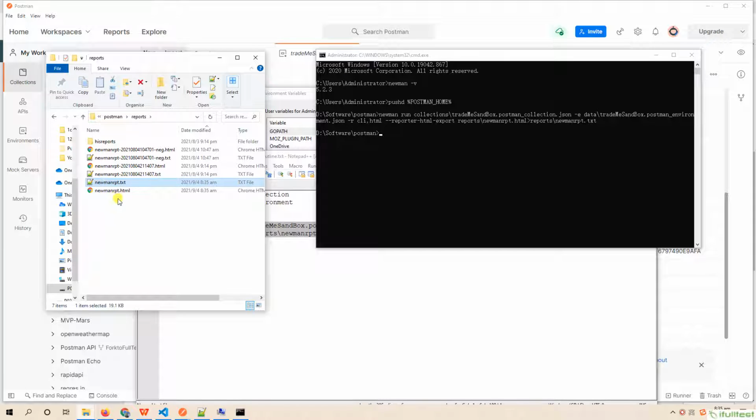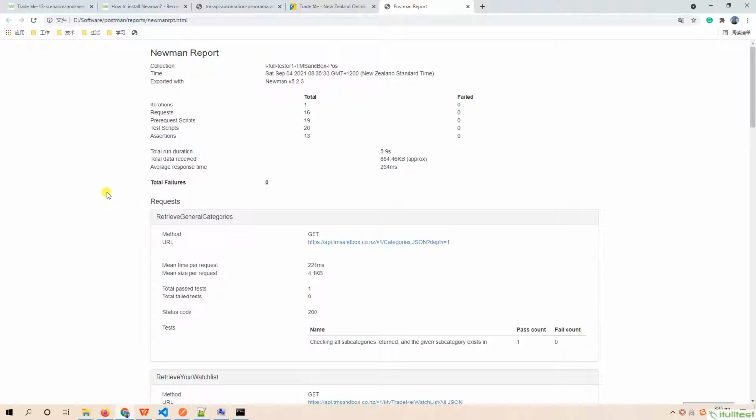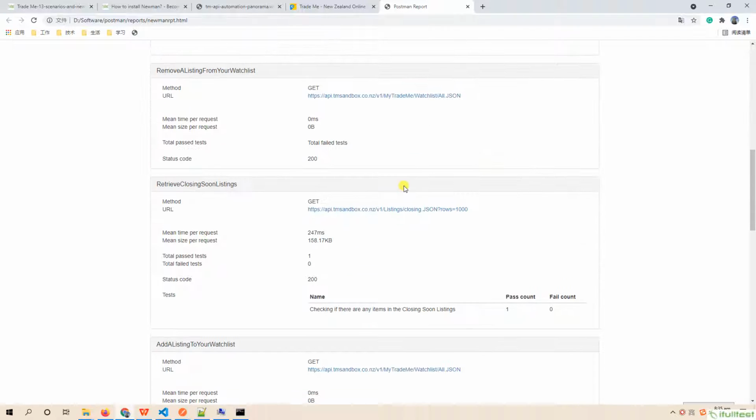So we get the HTML report and text report. The HTML report is similar to the summary run by the collection runner.